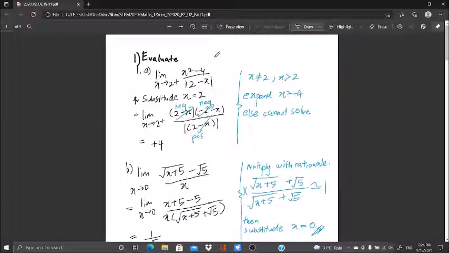However, to solve the undefined problem, we need to first expand x squared minus 4 into (2 minus x) multiplied by (minus 2 minus x), sorry, (minus 2 minus (2 minus x)). Then you will find that it can be cancelled with the denominator. However, how about the polarity? How do we know the polarity when x approaches 2 from the positive side? When x approaches 2 positive, x is actually not equal to 2. It's greater than 2, meaning 2.0001, 2.1, 2.2 is not equal to 2, but is approaching 2